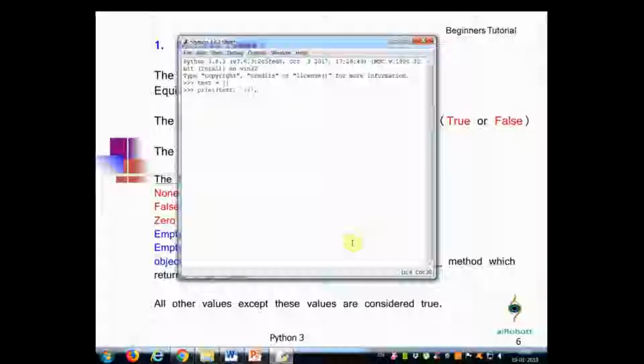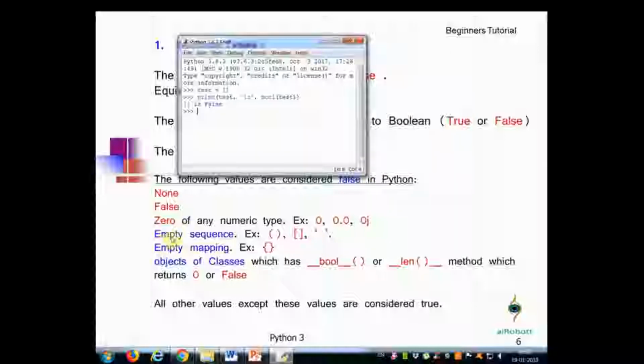boolean of test, this is the syntax, test is the value given. It gives the output: the empty list is false, as I have just the empty sequence here. The empty list returns the value false. Okay, next we will give one value,